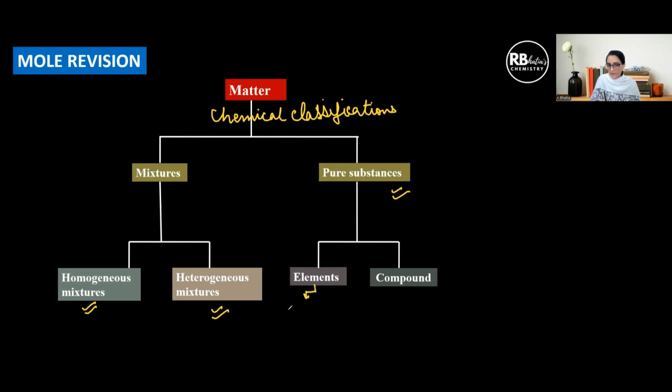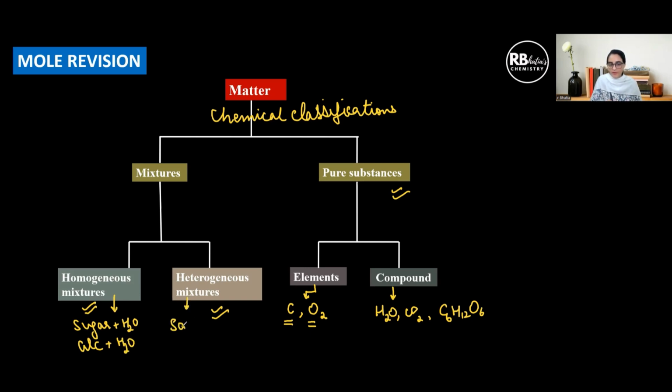When it comes to elements under pure substances, we can talk of carbon, we can talk of oxygen. That means the atomic forms or the molecular forms, right? And compounds, something like water, carbon dioxide, glucose, etc. These are the examples of compounds. Homogeneous mixtures are those which completely mix with each other to form one single phase. For example, something like sugar and water, salt and water, substances that dissolve, right? Or maybe alcohol and water, liquids that are miscible with each other.